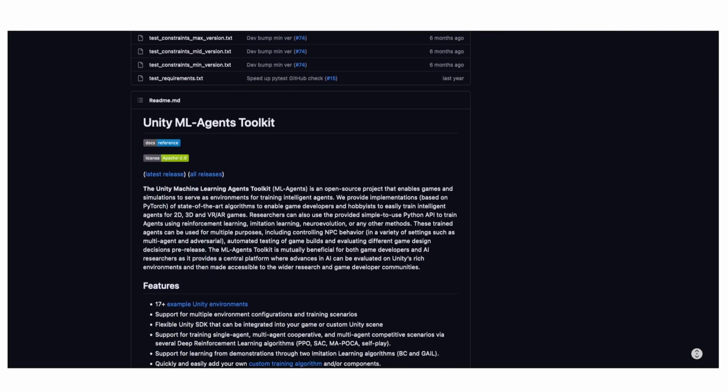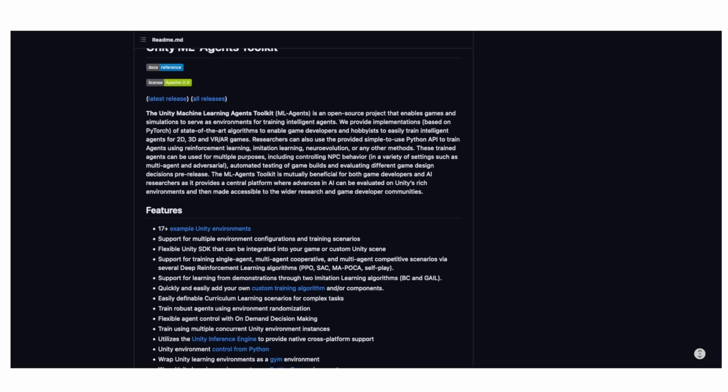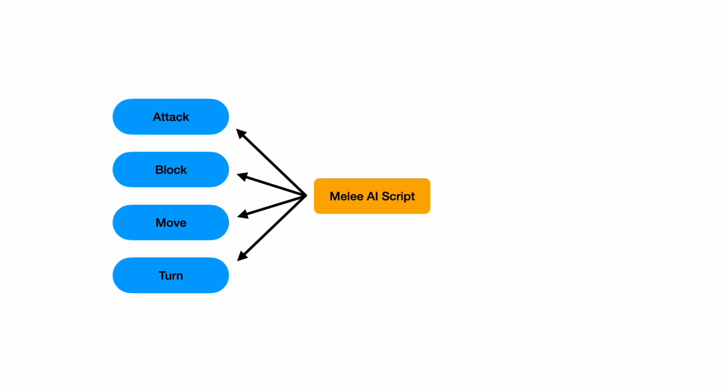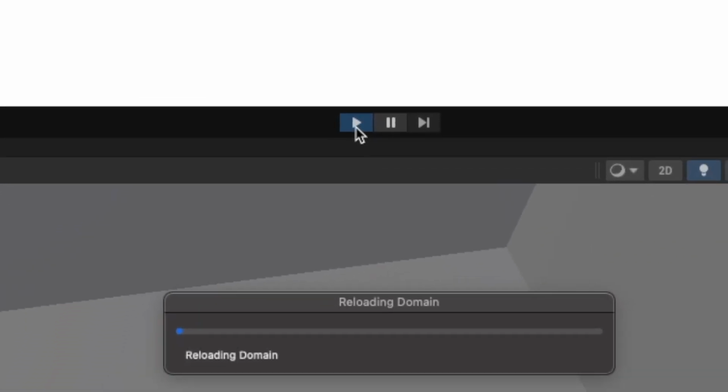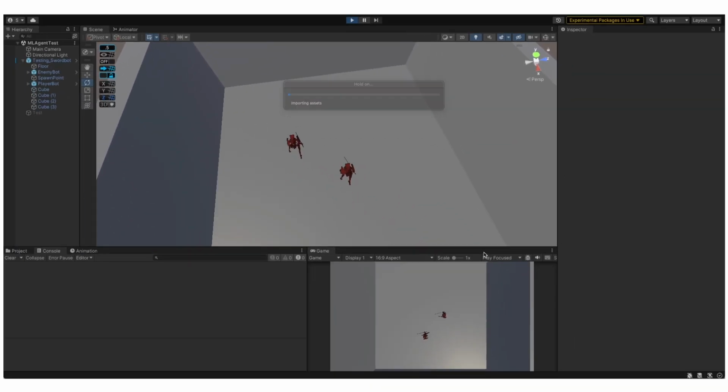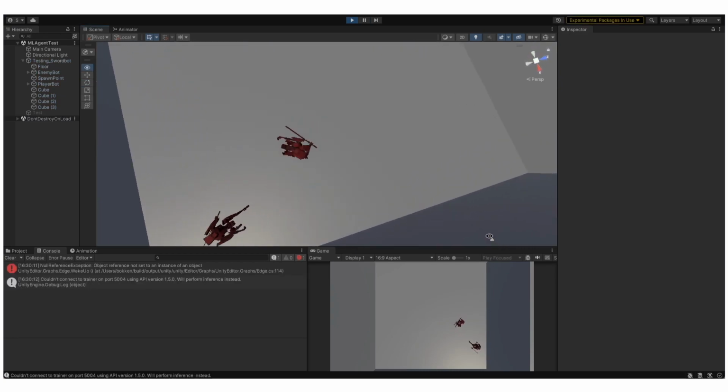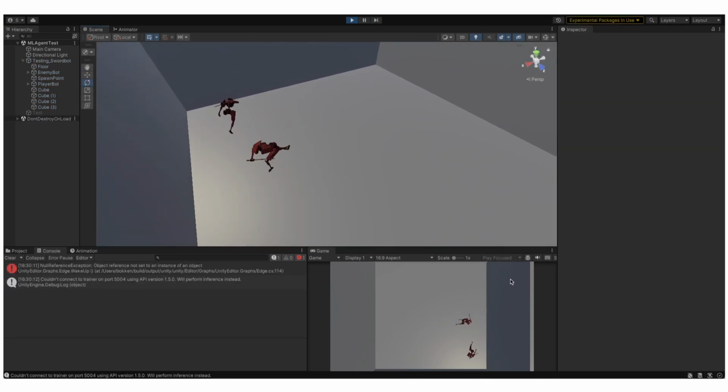This toolkit has all the necessary training implementations already done, so all I need to do is make a bunch of methods that will control the character, and the trained AI brain will take over and call these methods appropriately. Now the training can be done just by simply pressing the play button while the trainer is attached to the Unity editor. Sounds quite simple, right? Well, the harder part was actually training the AI properly.